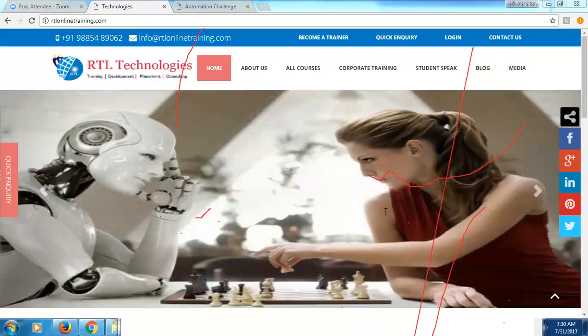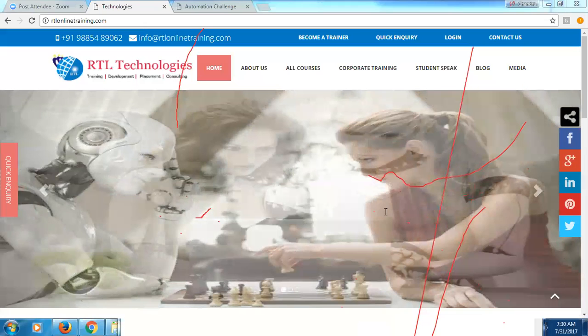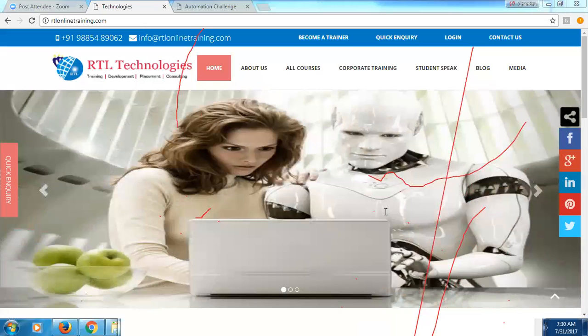Certification is not mandatory to work with an MNC as an RPA developer. We can just go ahead, learn the tools and go ahead. Now I can show you how the market is going.